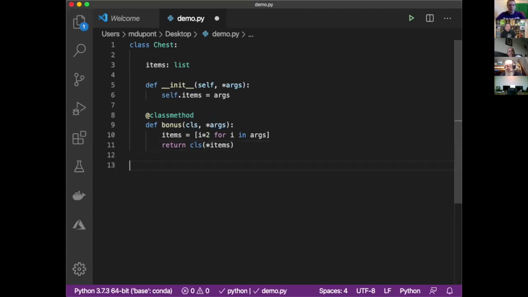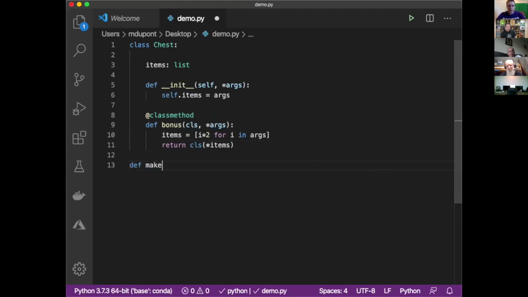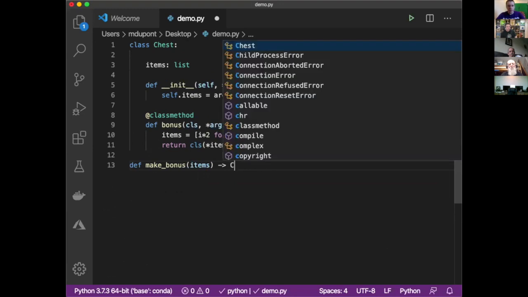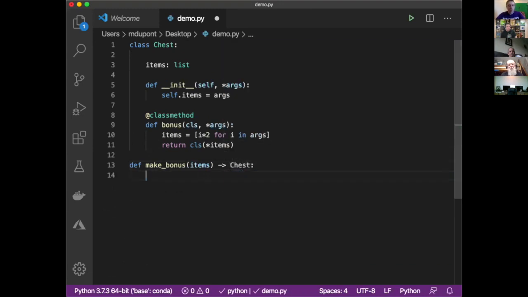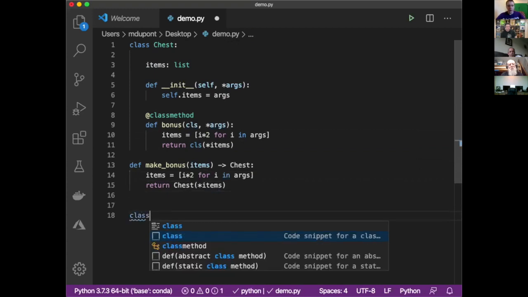If we wanted to, instead of writing a class method there, we could just write a function. Let's just call it make bonus, where we're given some items, and I hadn't used this in here before, but it returns an initialized chest object. We can copy this down into here, and instead of cls referencing it, we just initialize a chest doing the exact same thing. That will work. However, what if we have a class